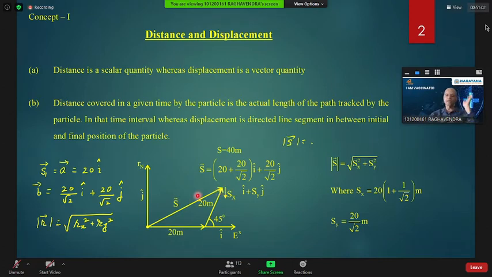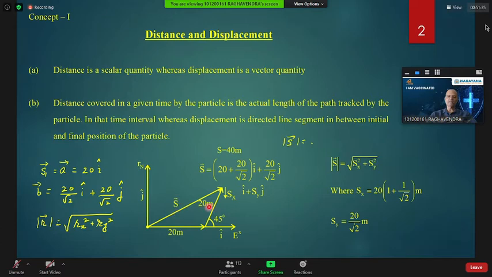But vector quantity does not depend upon the path. It depends only upon initial position and final position. So this is displacement. It is directed line segment. So direction is from initial to final position. Now magnitude. So we will use vector addition. So many ways are there. You can use triangle law, you can complete parallelogram, then you can find resultant. Or other you take resolve component. I have taken resolve component, beta.